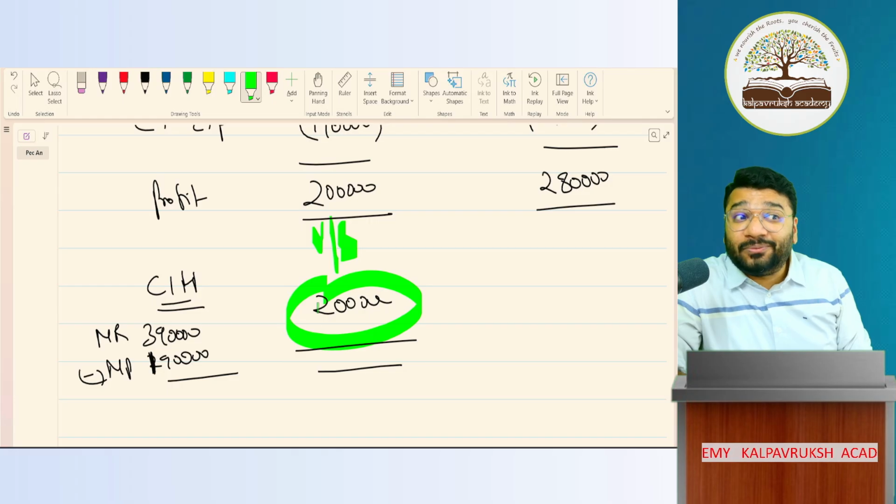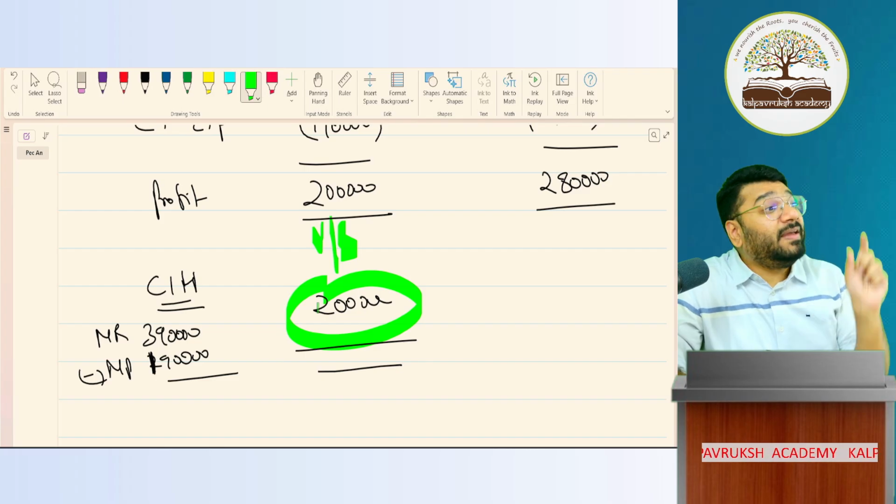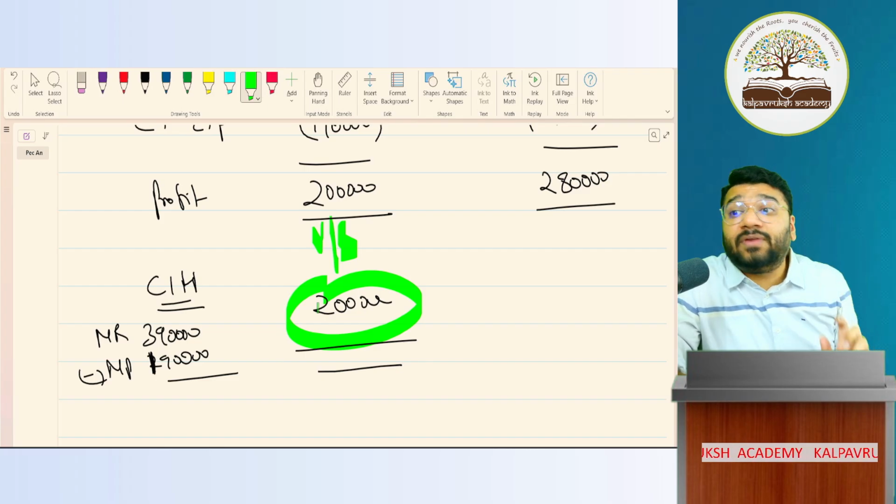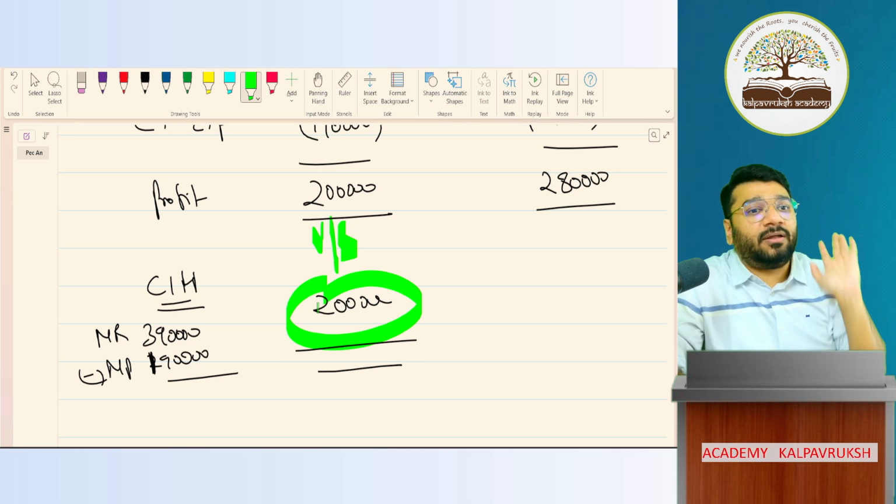I used accrual basis now, not cash basis. I scammed all of you. This is false. So you have to be very, very clear. Anywhere the questions can be framed. True and false, they can frame it any way.